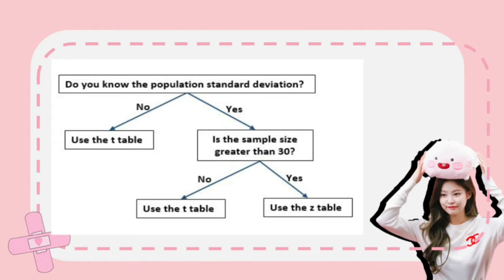is known or unknown. So if the sample size is greater than or equal to 30, you will use a normal distribution, and if your standard deviation is known. While if your sample size is less than 30 and the standard deviation is unknown, you have to use the t-test or the t-distribution. So ito po yung pinapakita natin ngayon sa ating